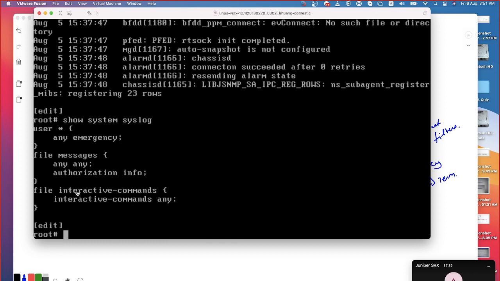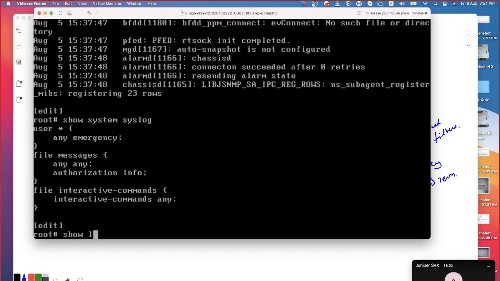Can you see it? The file is interactive commands, which is responsible for collecting all the commands executed by any of the administrators. It doesn't matter what severity it is. Interactive command is the facility. Severity can be anything. So whatever command he is executing, that is going to be collected. Yes, you can.